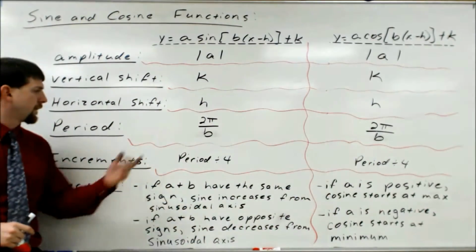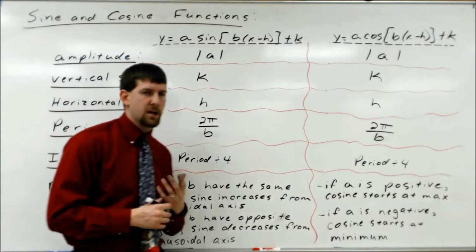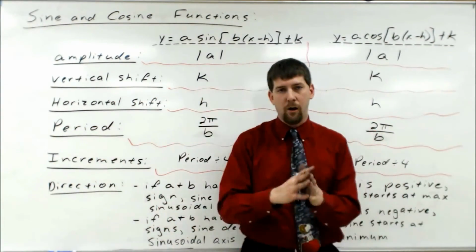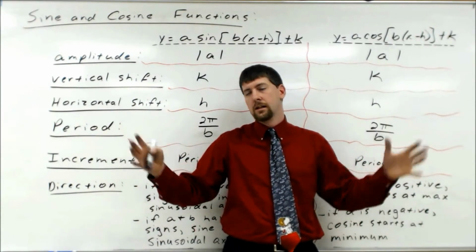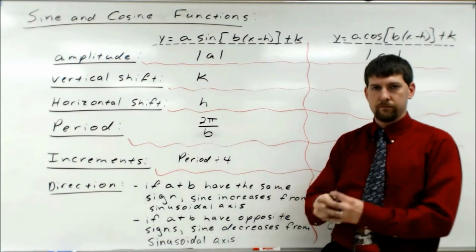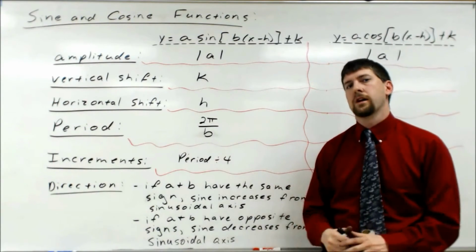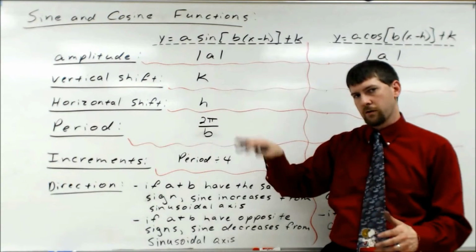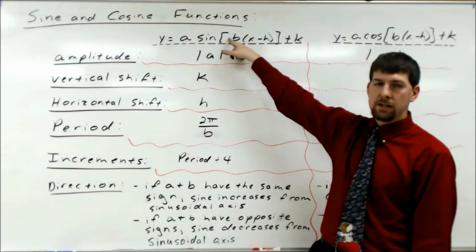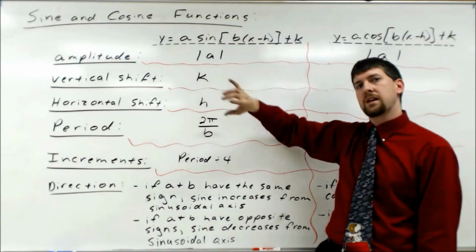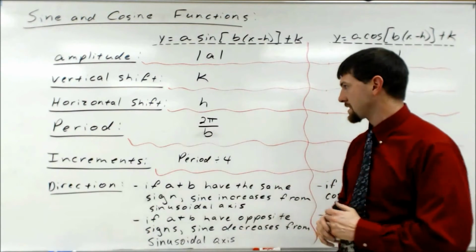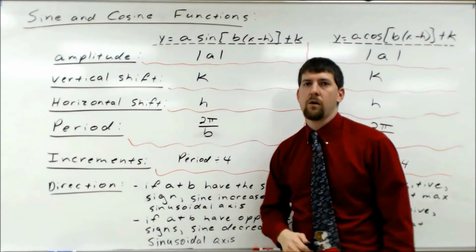And then period. Y'all remember from your science courses or back from Algebra 2, period is going to be how long one cycle is. So the cycle typically is 2 pi. If I just had sine of x or cosine of x, there's one unit circle. We're just moving around one time. The period is going to be 2 pi. Well, b is a coefficient of x, so b is going to affect how long that one cycle is. So 2 pi over b,